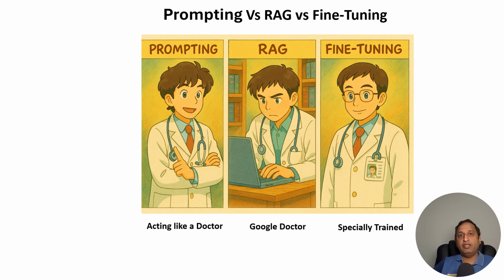So there are different ways to steer a general purpose LLM to do a task specific to your domain, like finance, retail, banking or medical. One of the techniques, which we will explore, is prompting, RAG, and fine tuning. Prompting, to give a simple analogy, is like acting like a doctor. You say to the model, act like a doctor and answer me this question. It might do it most of the time, but it might fall short of the details required